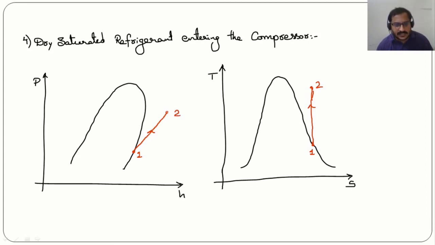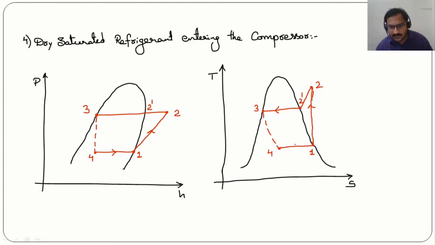Then 2 to 3 is condensation at constant pressure. So there will be a phase change taking place at constant pressure. Then here from the superheated temperature, the temperature has to drop to saturated state, and at the saturated state phase change takes place at constant temperature or the saturation temperature. Then 3 to 4 is throttling expansion, and here 3 to 4 is throttling expansion. 4 to 1 is constant pressure vaporization, and here the vaporization takes place at a constant temperature called the saturation temperature.